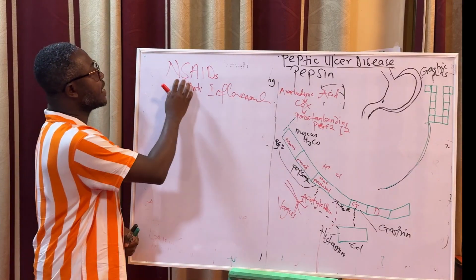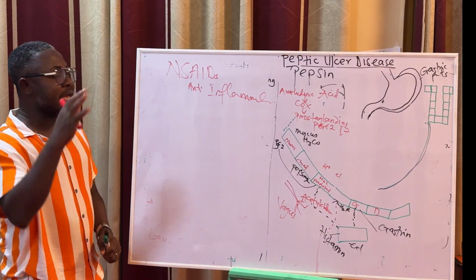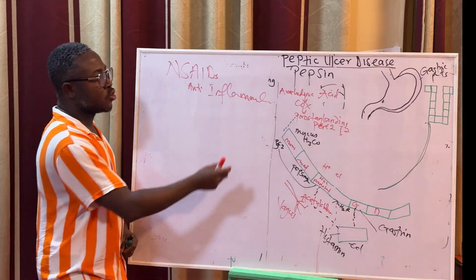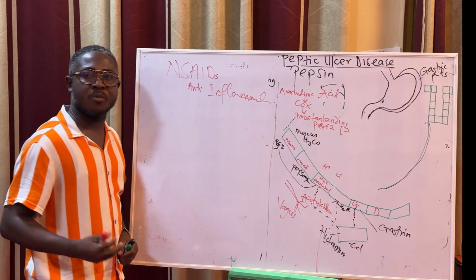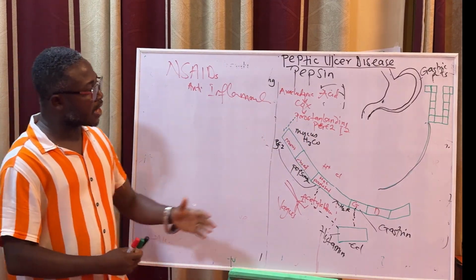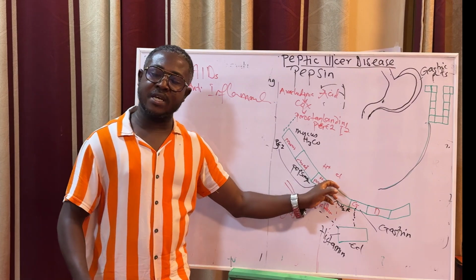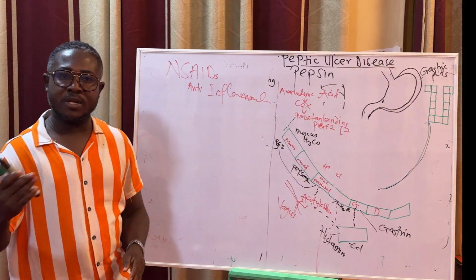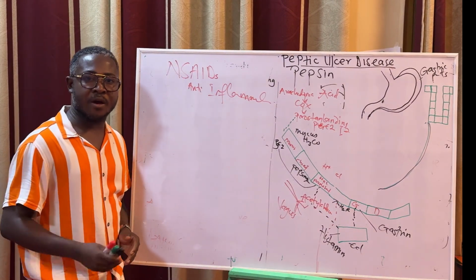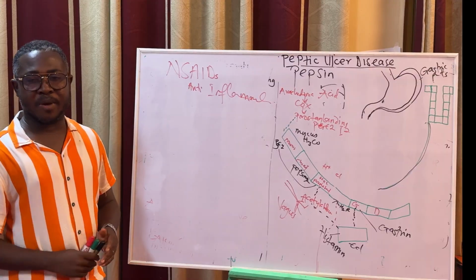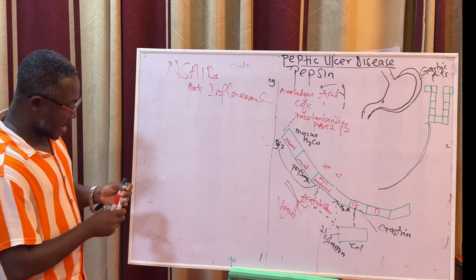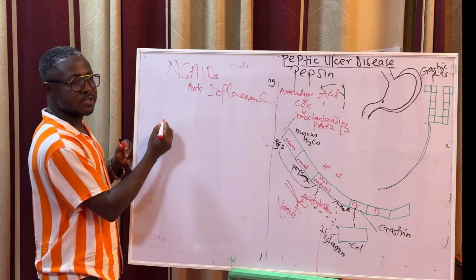And so when we take NSAIDs, which is against inflammation, it means that you are stopping the production of what? Prostaglandin. And that means that you're going to have more of the hydrochloric acid within the lumen of the stomach, and that will lead to the erosion or the ulcer of the mucosal lining, leading to what? Peptic ulcer disease. And then we also have another drug which is also called